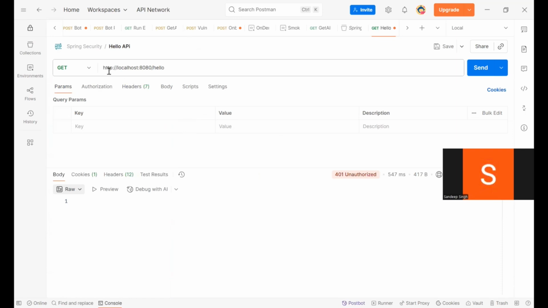Since I'm running locally, I use the HTTP protocol. Then localhost is my machine itself, and the port is where my Spring Boot application is up and running. And this is the particular endpoint I want to hit. We created one endpoint with /hello, so I'm trying to access that. When I hit it, I didn't get a greeting message. Instead, I got